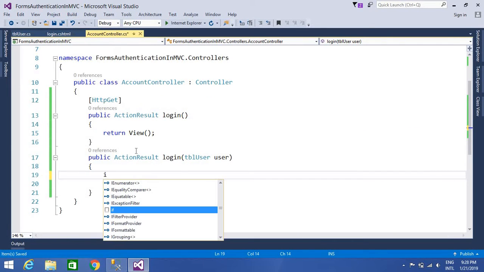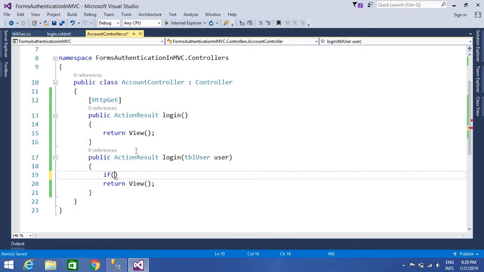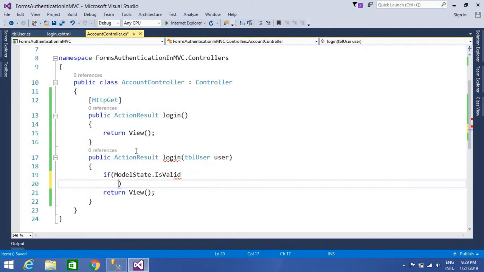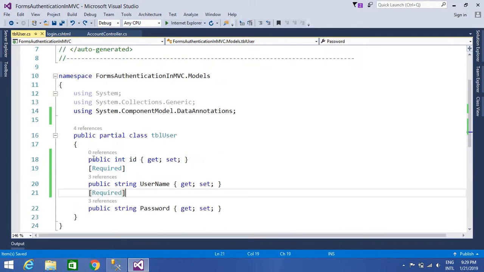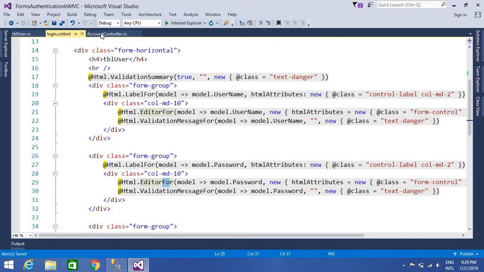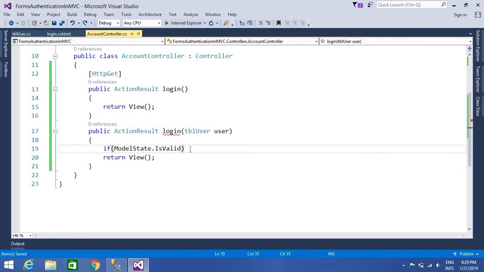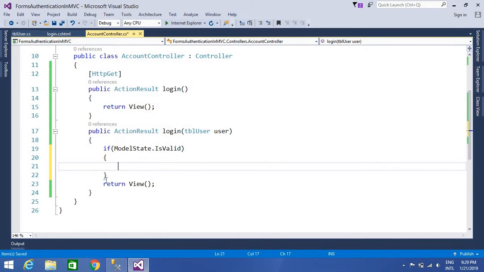Go to here. First, we have to check whether the submitted value is correct or not, that is, whether all the fields have been entered or not. There is a property called ModelState.IsValid. This property will check whether the submitted value matches these criteria, that is, whether it matches whatever data annotation is mentioned. If it's valid, then go and perform it, otherwise